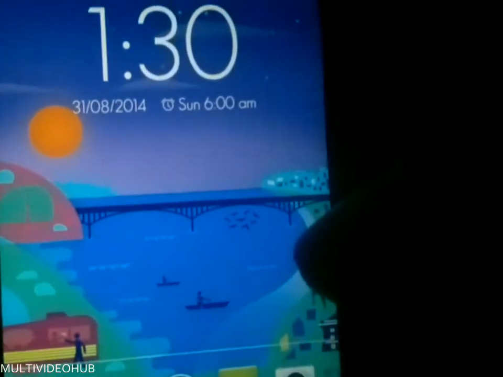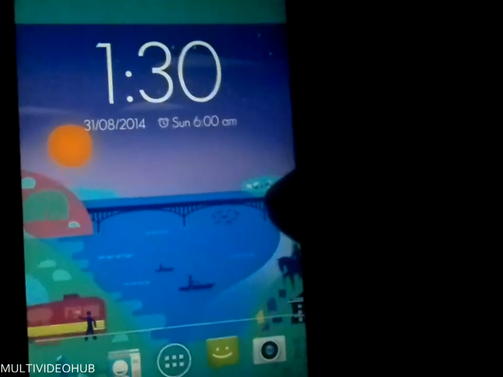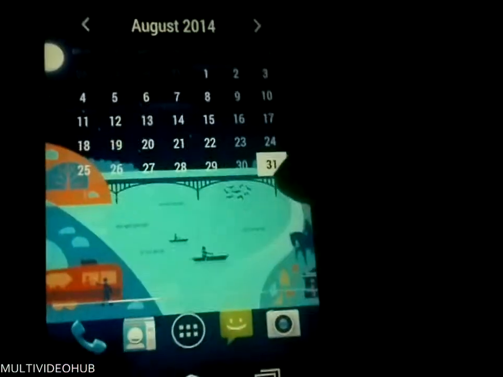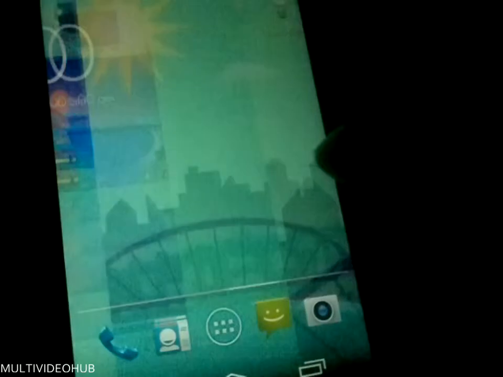This app basically sets the Google Now kind of wallpapers itself, according to the time of the day. But I like to keep it and customize it on my own, so I can set my own wallpapers. Also you can see that